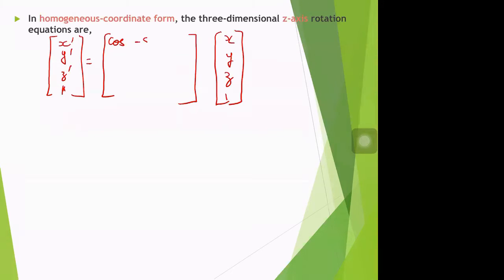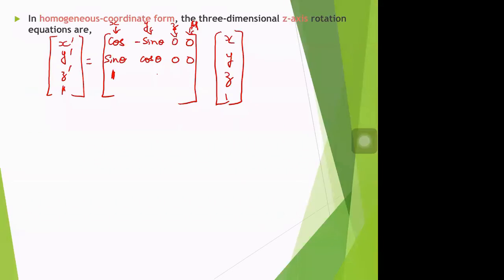So this will be 0, right? I don't have a z here. Z is the same, followed by x sin theta plus y cos theta, 0, 0. So this is a column vector. This will be your x, this will be your y, this will be your z, and this will be your homogeneous coordinate system. Then followed by, I don't have a z, so z, I should have z itself. That is 1,